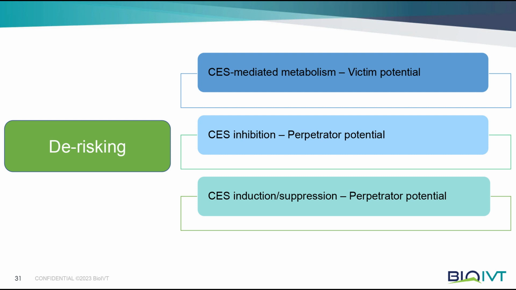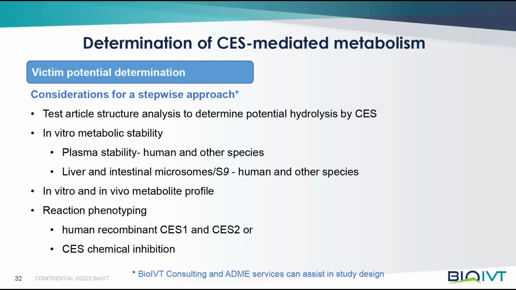So when it comes to de-risking, I'll talk a little bit about metabolism. This is the victim potential, or now as they're going to call it, the precipitant potential. And then carboxylesterase inhibition, this is the perpetrator potential, and then induction and suppression. So to look at victim potential, first look at the structure, right? If you've got an ester, thioester, carbamate, even amides can be catalyzed by carboxylesterase 1. Take a look at it, decide, okay, maybe we need to take a look at this, and then look at